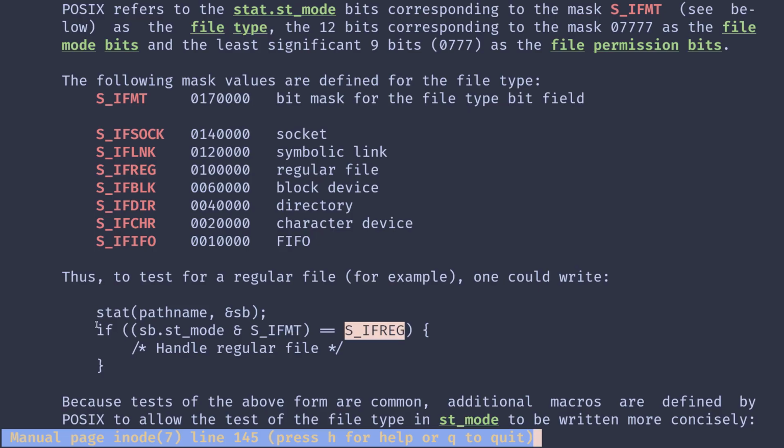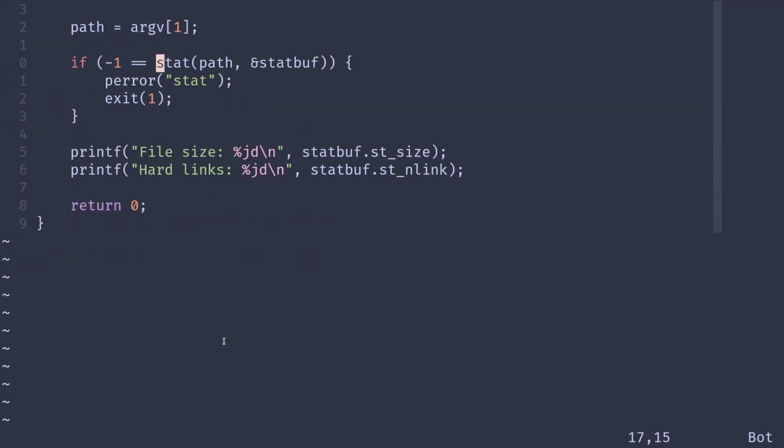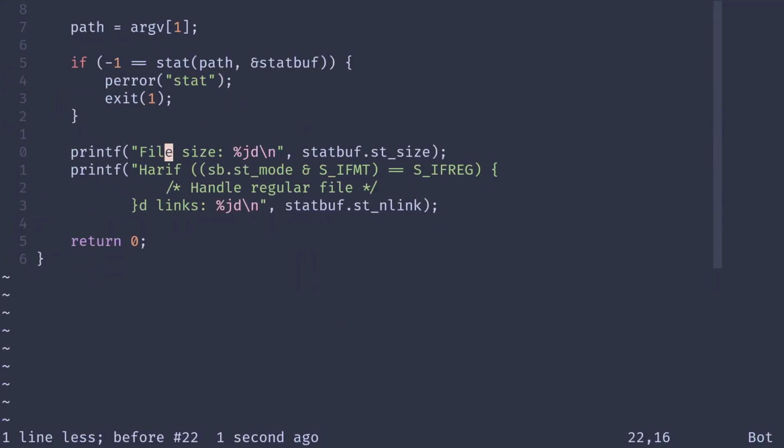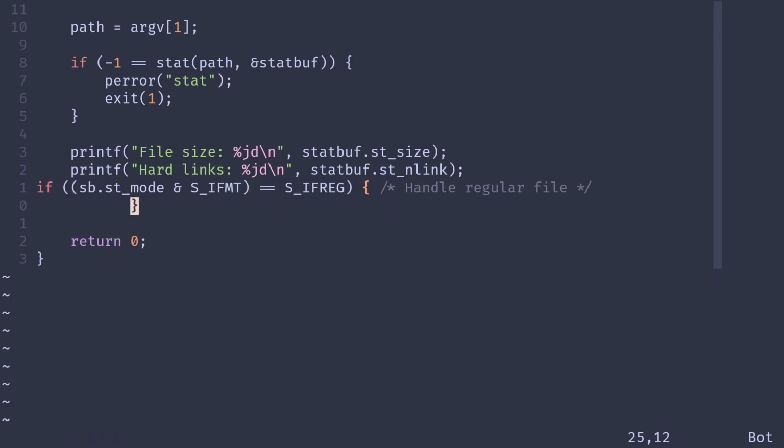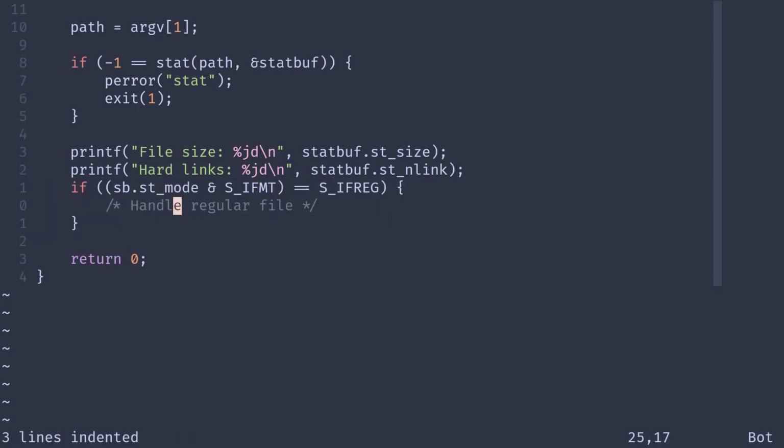So we can do this like this. I'll just copy this here. The st_mode field contains the file's type, but also its mode, the permissions of the file, all in the same field. So to extract the file type information, we have to AND it with this bit mask here, S_IFMT. And then we're checking against another bit mask value. Is it a regular file? And if it is, we can just say printf